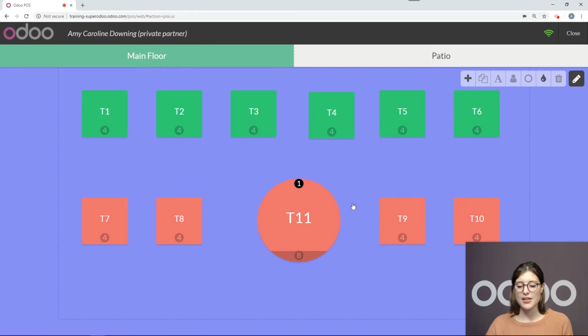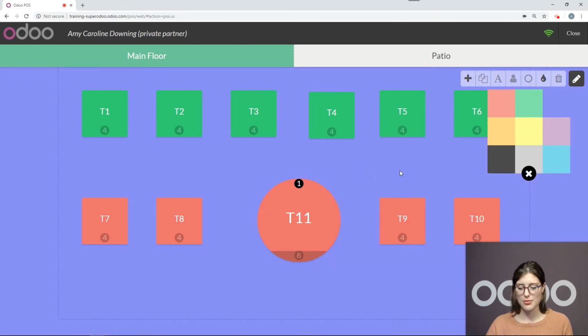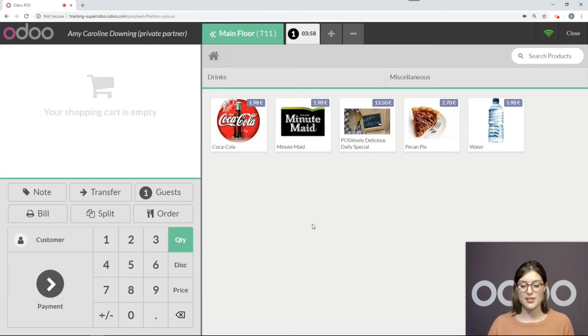All right, if I don't have a table selected, I have this option here to change the background color. All right, so I can make it yellow or gray, any color I would like. Okay, but I'm okay with the purple for now, so I'll go ahead and leave that. And then I'll remove the little pencil. Okay, so when I don't have the pencil activated, I can go ahead and enter my tables and start taking